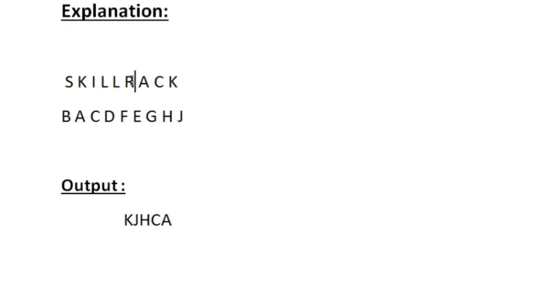So now we are at R. Now we have to compare R with E. So again E is a vowel and R is a consonant. So we should not travel either up or down. We have to move leftwards. So we are printing R, and then again I am going to L. So now L is compared with F. Both are consonants. So LF is printed.